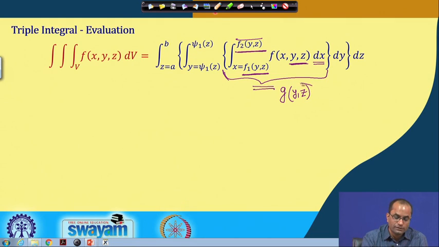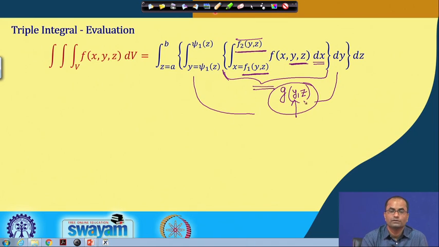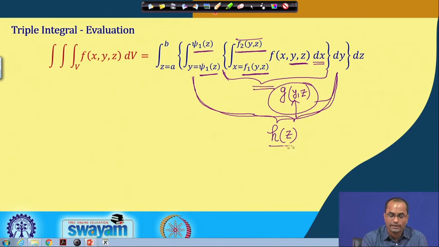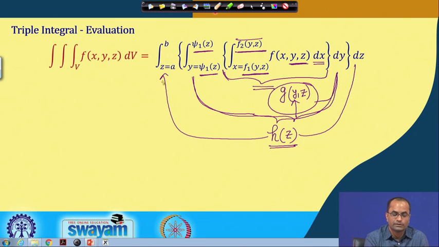Then, once having done the evaluation of the inner integral, we will go to the outer one, with respect to y. So, we are integrating now with respect to y, and the limits of y can be functions of z. After the integration of this second inner integral, we will get some function of z, and at the end we will integrate this with respect to z, and now the limits have to be constants, because